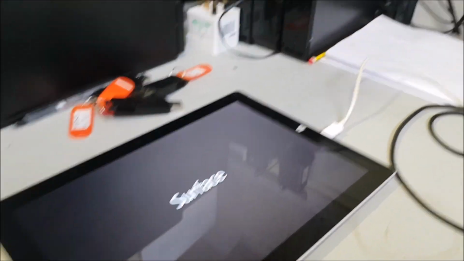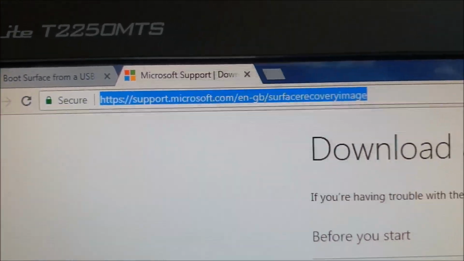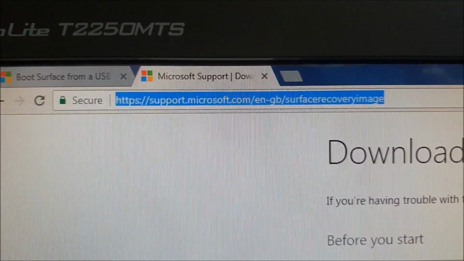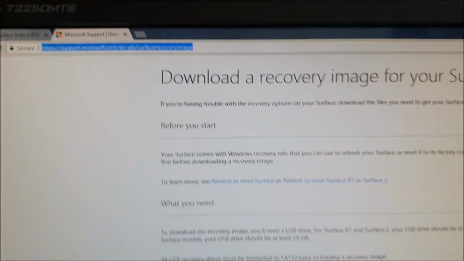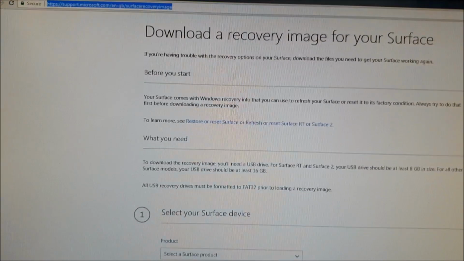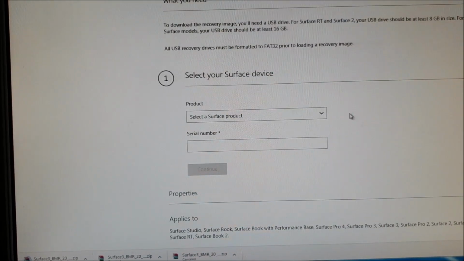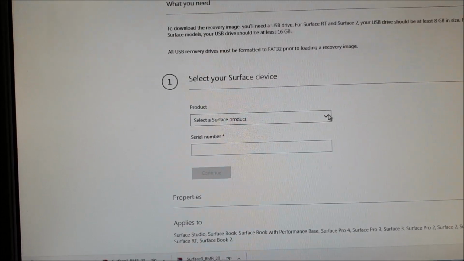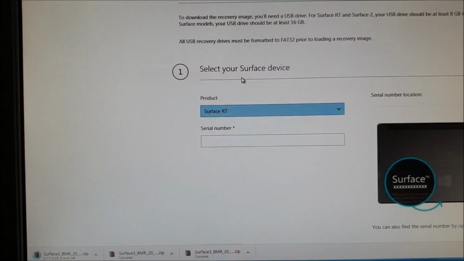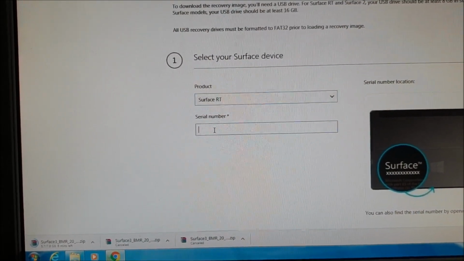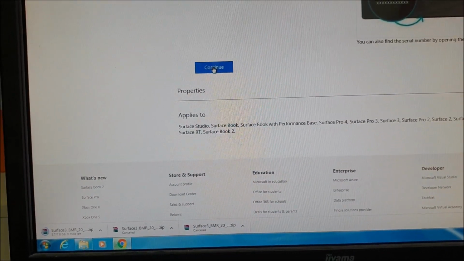To do that, you have to have a Microsoft account, and you have to go to this area here, image Surface. If you can see that, I'll copy that link and put it in the description down below. You will eventually end up at this page. I'm just doing a quick one, and then here it says select your product, so you'll click on that, and I'm going on to the RT. It says then you put your serial number in, which I've previously done, and then continue,